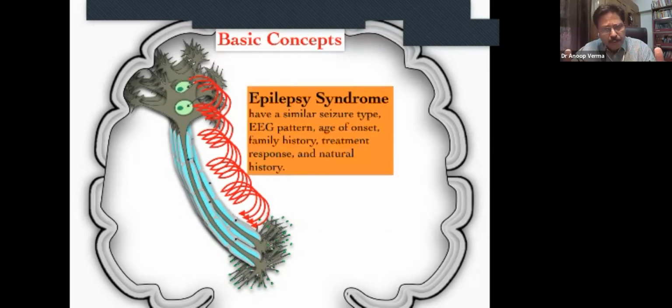And what are epilepsy syndromes? For epilepsy syndromes, you can say Hindu, Muslim, Sikh, Christian. Every caste has a different culture. So in epilepsy syndromes, we have different sorts of presentation. A group of children with West syndrome will have a different sort of presentation. A group of patients with benign childhood occipital centrotemporal epilepsy will have a similar sort of presentation, and this is what is known as an epilepsy syndrome.